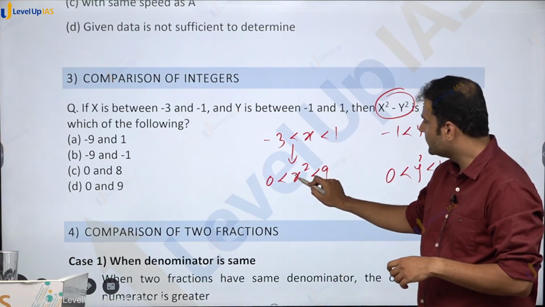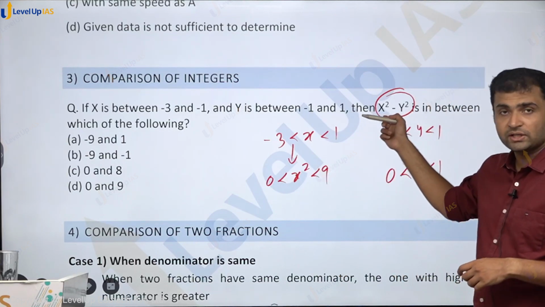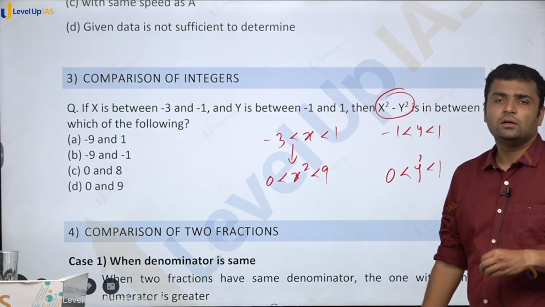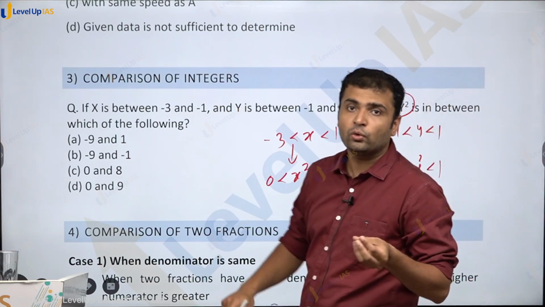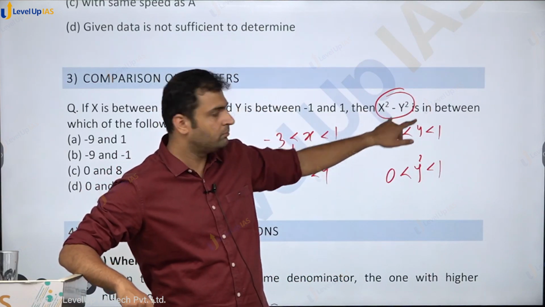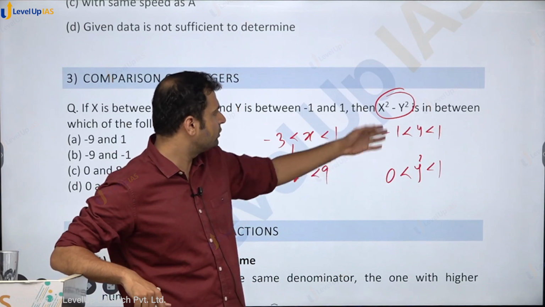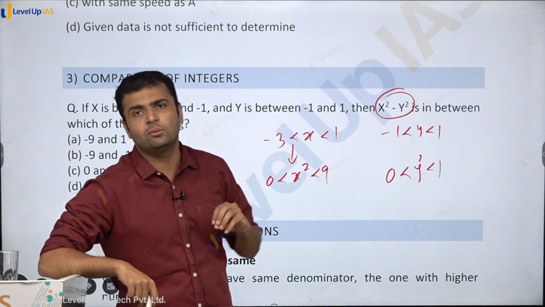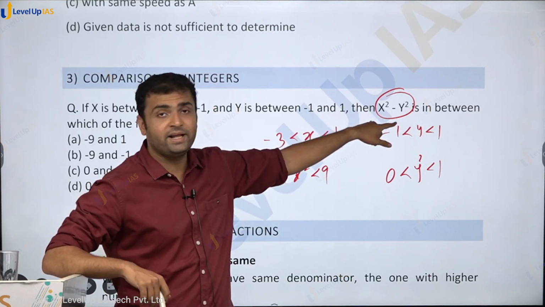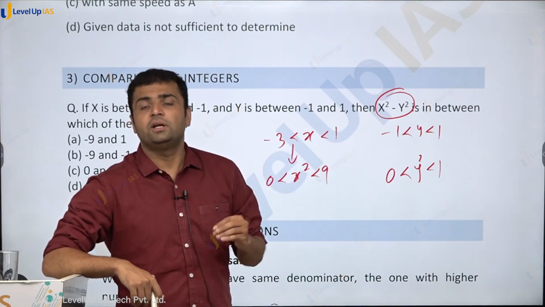So now here, x square and y square, the subtraction of x square and y square is the quantity that we want to comment about. This is subtraction of two positive numbers, because both are squares, so both are positive. We want to talk about the range of that subtraction. Range meaning